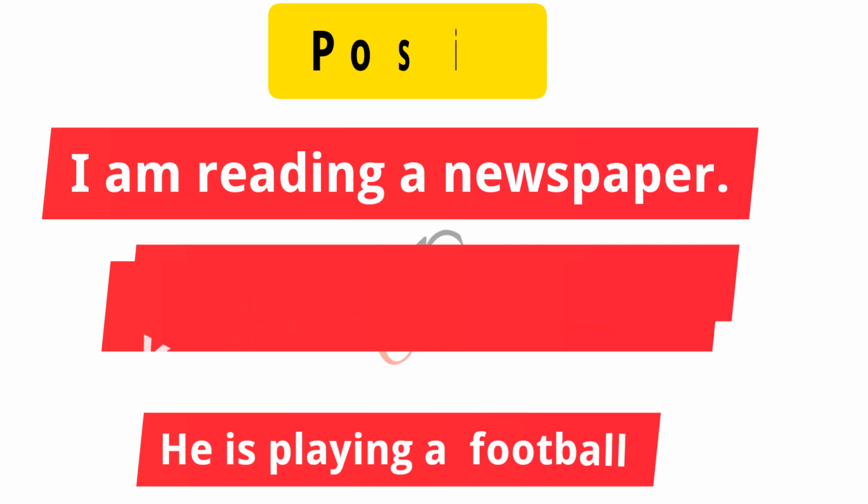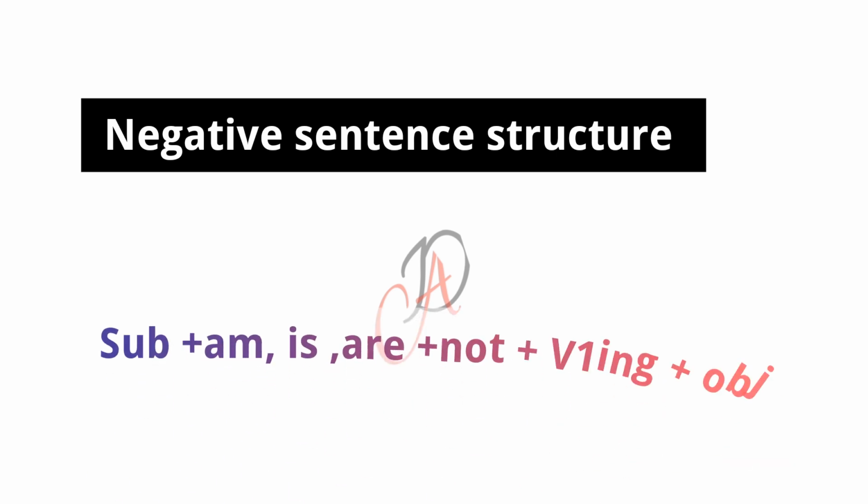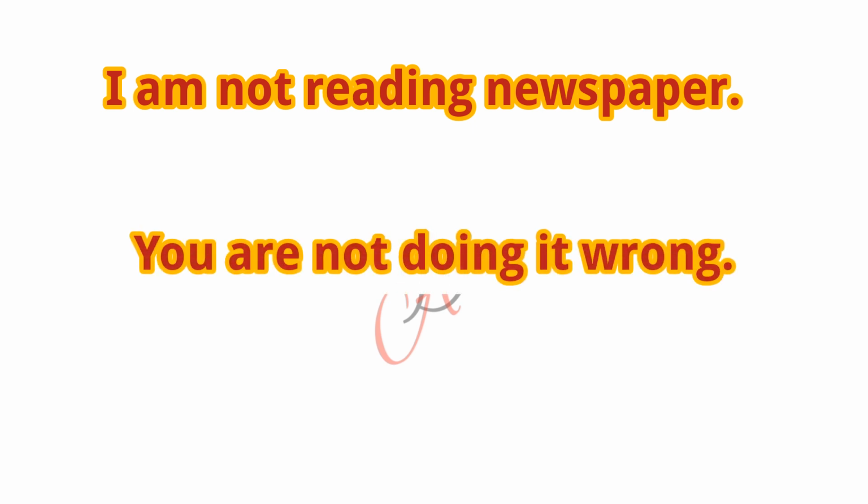And let's move to the negative structure of present continuous tense. The structure is subject plus am/is/are plus not plus verb 1 plus ing plus object. The only difference between the positive and the negative structure is that in the negative structure we come across the word not. The examples are: I am not reading a newspaper, you are not doing it wrong, he is not playing a